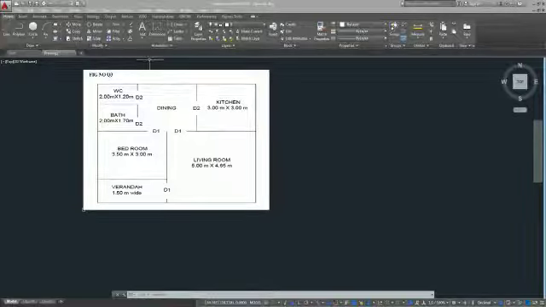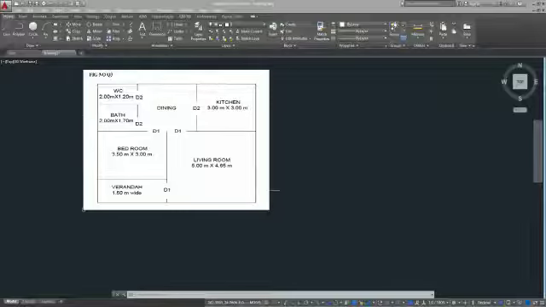Okay. So this plan is a small building plan, or small house unit plan. This is called a single line diagram. You can see the lines have no thickness, so that's why we call it a single line diagram. This is actually the question. It is a question paper problem, an examination problem.